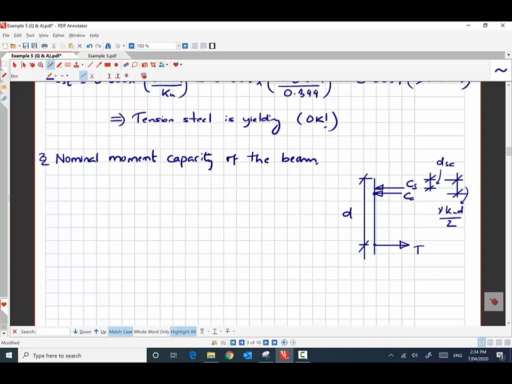So we are taking the moment about Cc. We can take moment about any point of application of any forces here, but for now let's take the moment about Cc, the point of application of Cc. So that will give you Mu